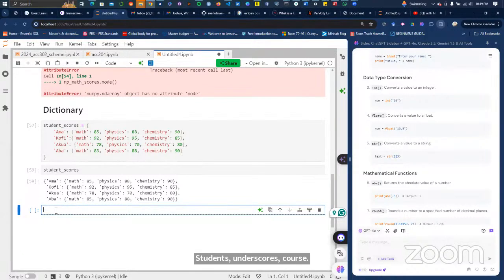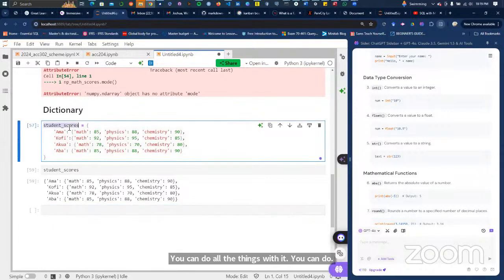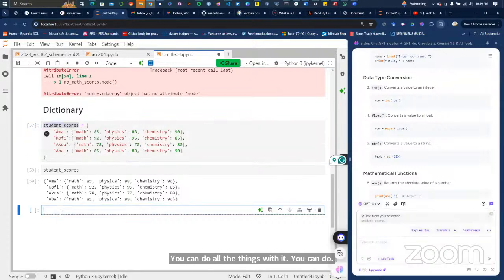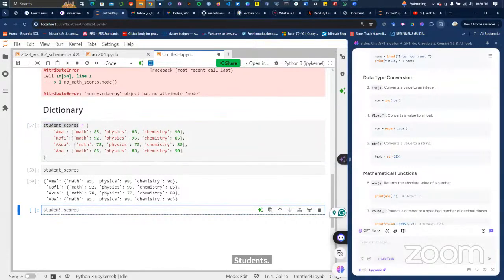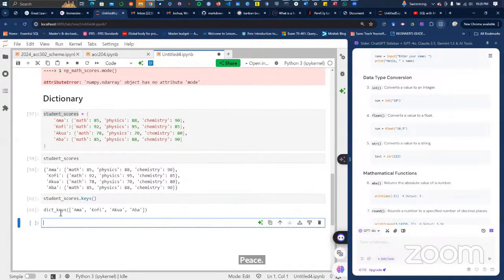You can do all the things we did. You can do student_scores.keys. The keys method returns all the keys in the dictionary: Ama, Kofi, Akuya, Abba.